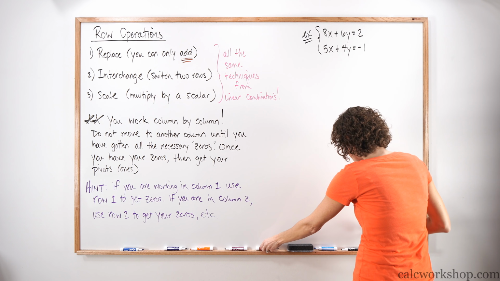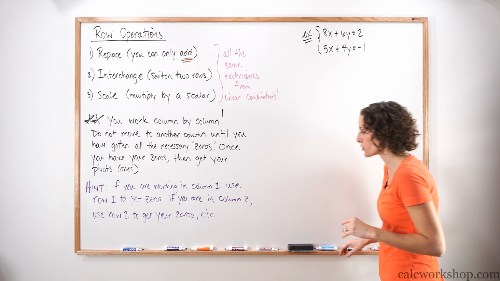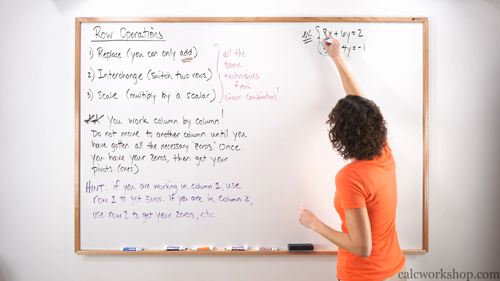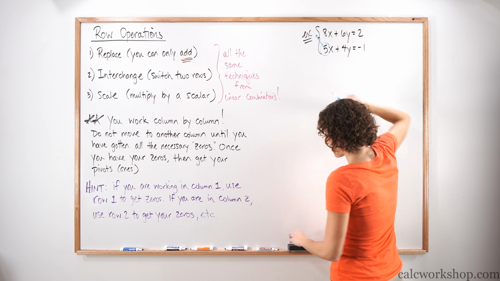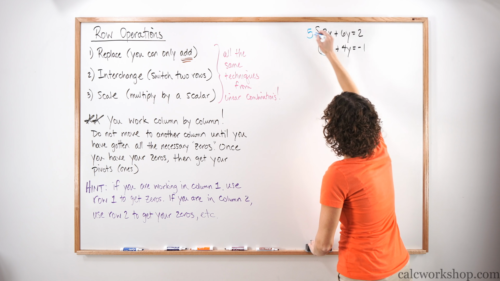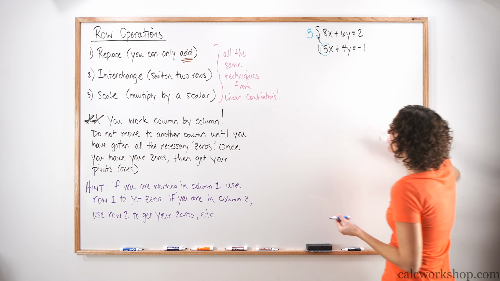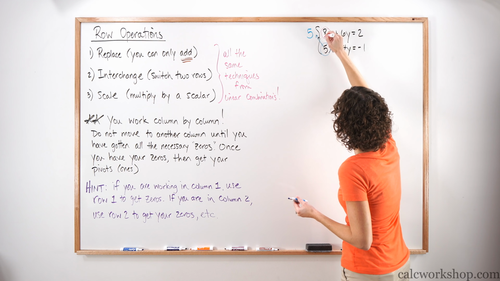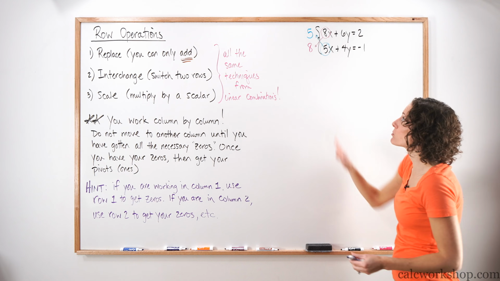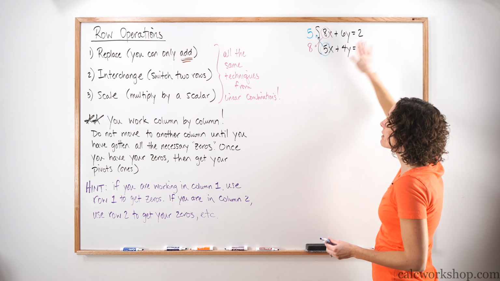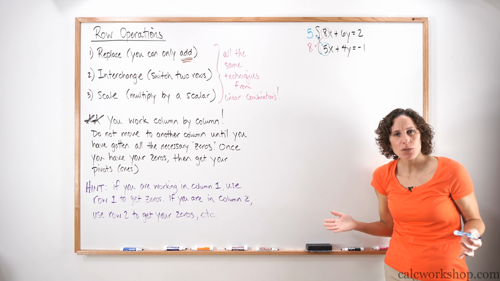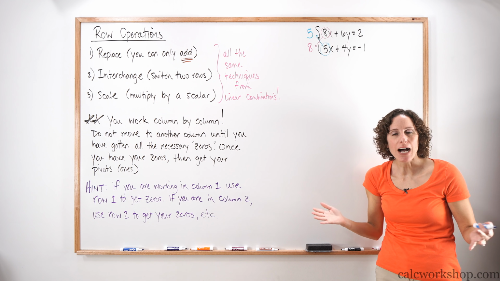So what we're going to do is basically a switcheroo. I'm going to take this 5 and bring it up top, and I'm going to do the exact same thing with this 8 and bring it down. By doing that, I can now multiply the entire top row by 5 and the entire bottom row by 8. But that's still not going to get me exactly what I want. I still need them to be opposite signs.